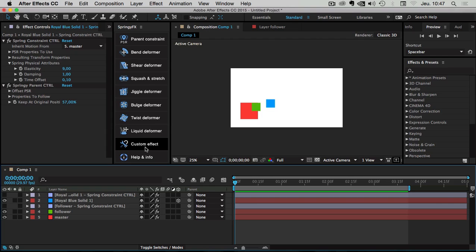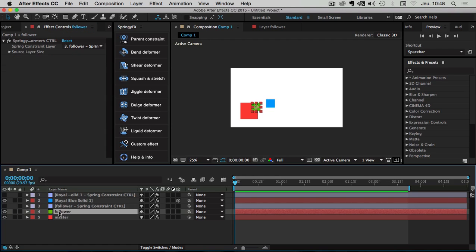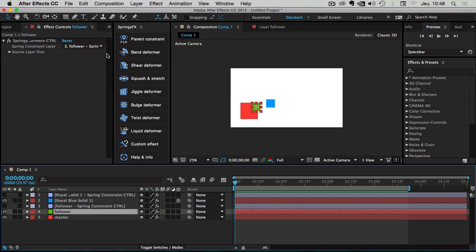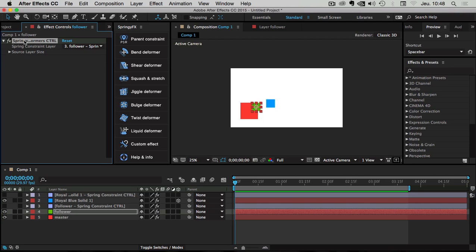There is the last thing that I really want to talk about to finish explaining the basic principles behind the tools. It's the fact that for each layer that you have selected before clicking on one of these buttons, like the follower layer, for instance, or the royal blue solid one, you'll see that they have an effect, a pseudo effect, that is called springy